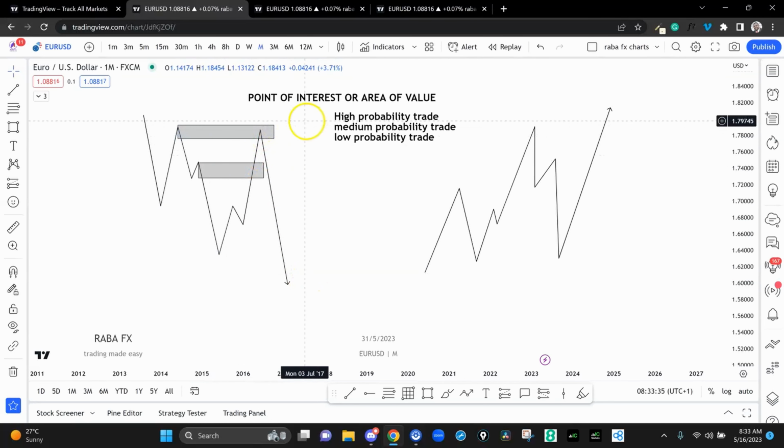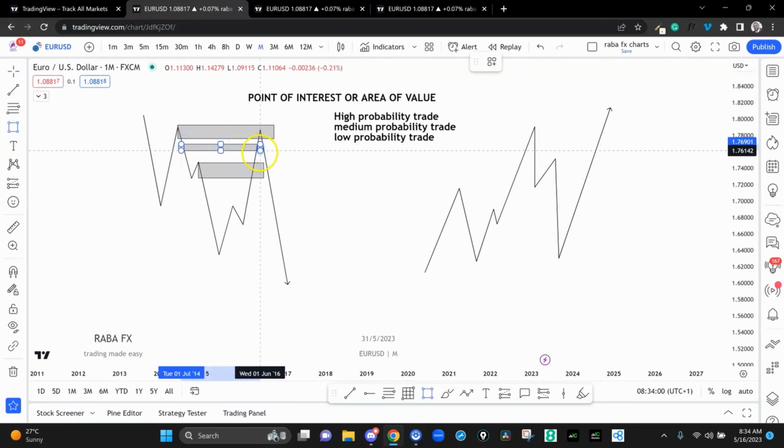And in that case, I'm going to risk my normal 2% or 1%, depending on what you risk per trade. So this particular trade here will be termed a high probability trade. Now, any other point of interest, if you are to take it based on any reason, then you can tag them low probability. Like if I'm to take this trade here,